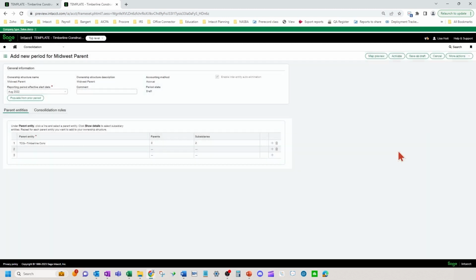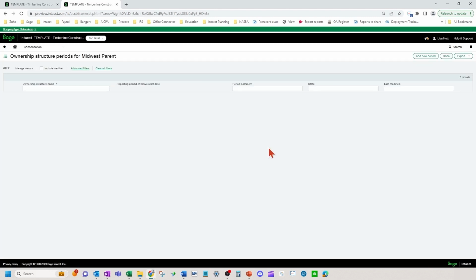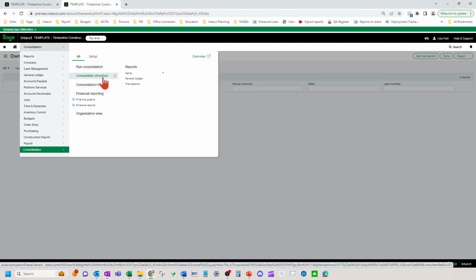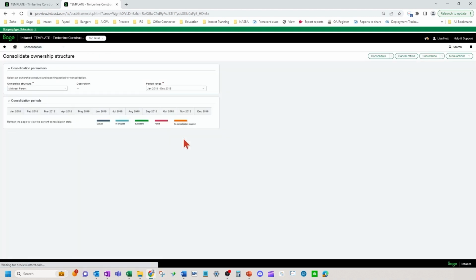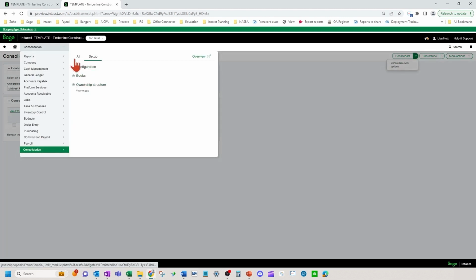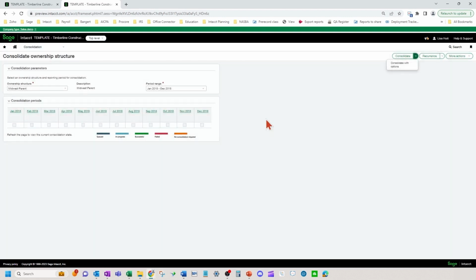Okay. So there's a whole setup with this. But the point of this is that you have different months. You can have different ownership percentage changes. You can do multi-tier and multi-level. And when you run your consolidation, your eliminations will appropriately treat the non-controlling interest accounts as well. Okay, so when I do my consolidation feature here and run my consolidation, those different ownership structure setups and your different allocations with your percentages will appropriately treat those minority interest and your non-controlling interest